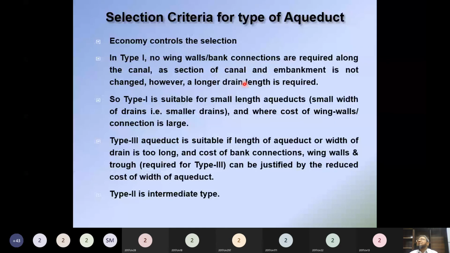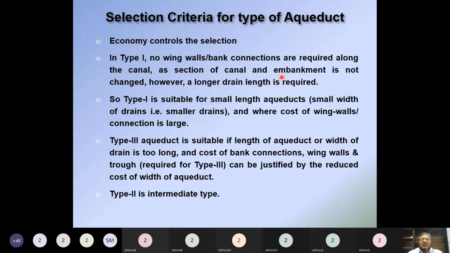अच्छा जी, अब आगे चलते हैं। सिलेक्शन क्राइटेरिया फॉर टाइप ऑफ एक्वेडक्ट। यार कौन सी एक्वेडक्ट लगाएं? एक्वेडक्ट टाइप 1, एक्वेडक्ट टाइप 2, एक्वेडक्ट टाइप 3। कौन सी चीज कंट्रोल करती है इसको? इकोनॉमी कंट्रोल्स दी सिलेक्शन। भाई जो सबसे सस्ती है वो प्रोवाइड कर दें। अच्छा जी, इन टाइप 1 नो विंग वॉल्स, बैंक कनेक्शंस आर रिक्वायर्ड। भाई जैसे पीछे से रिवर इस कैनाल बैंक्स आ रहे थे वैसे ही जा रहे हैं ओवर दी स्ट्रीम।